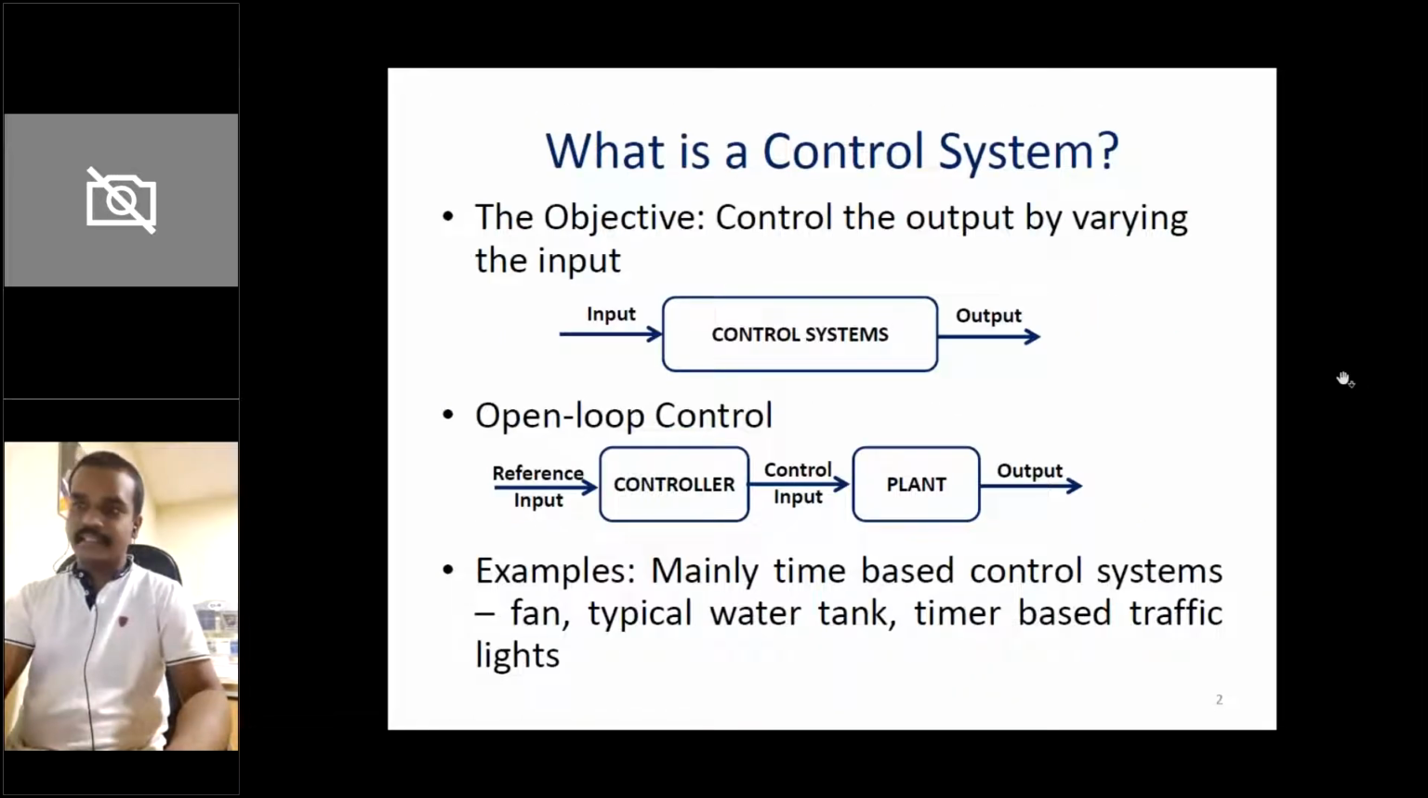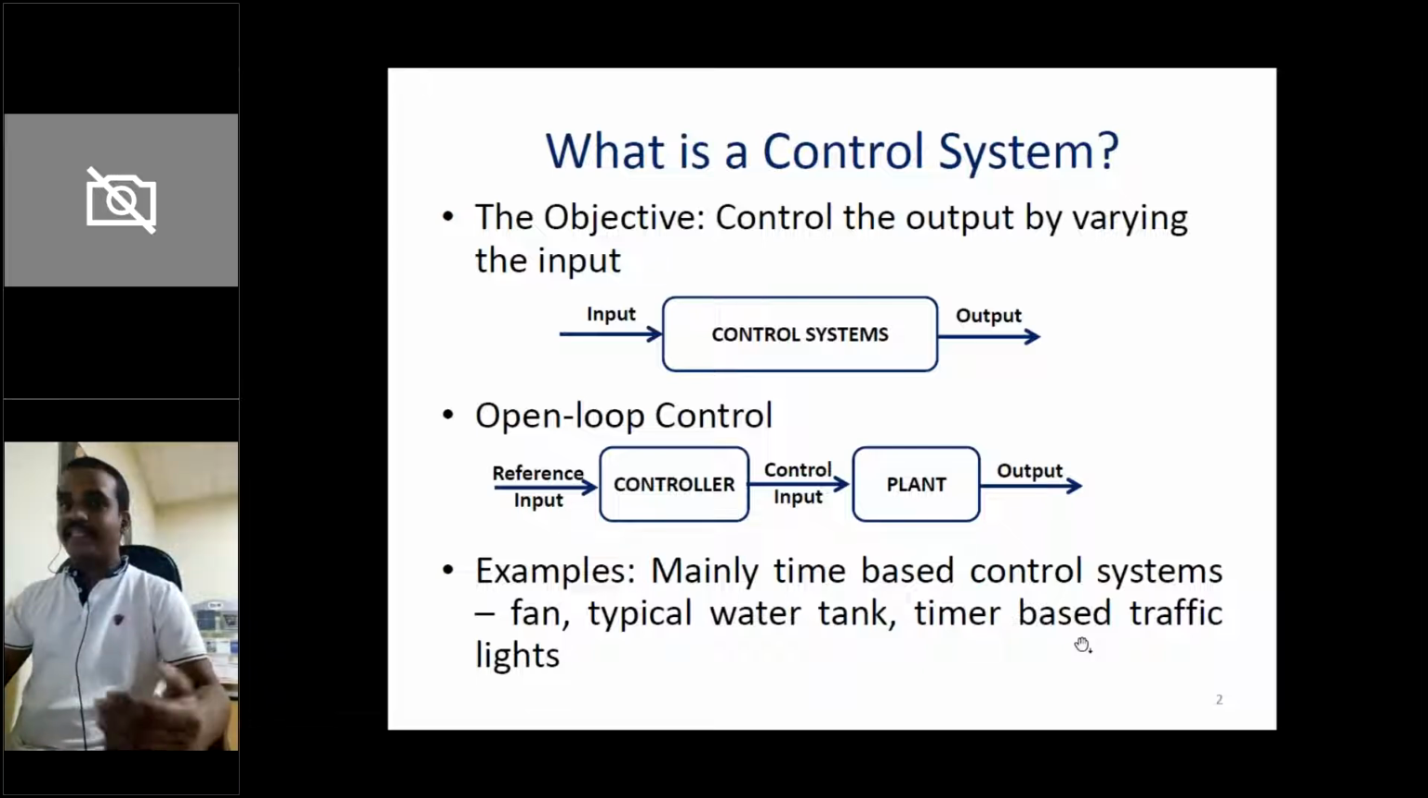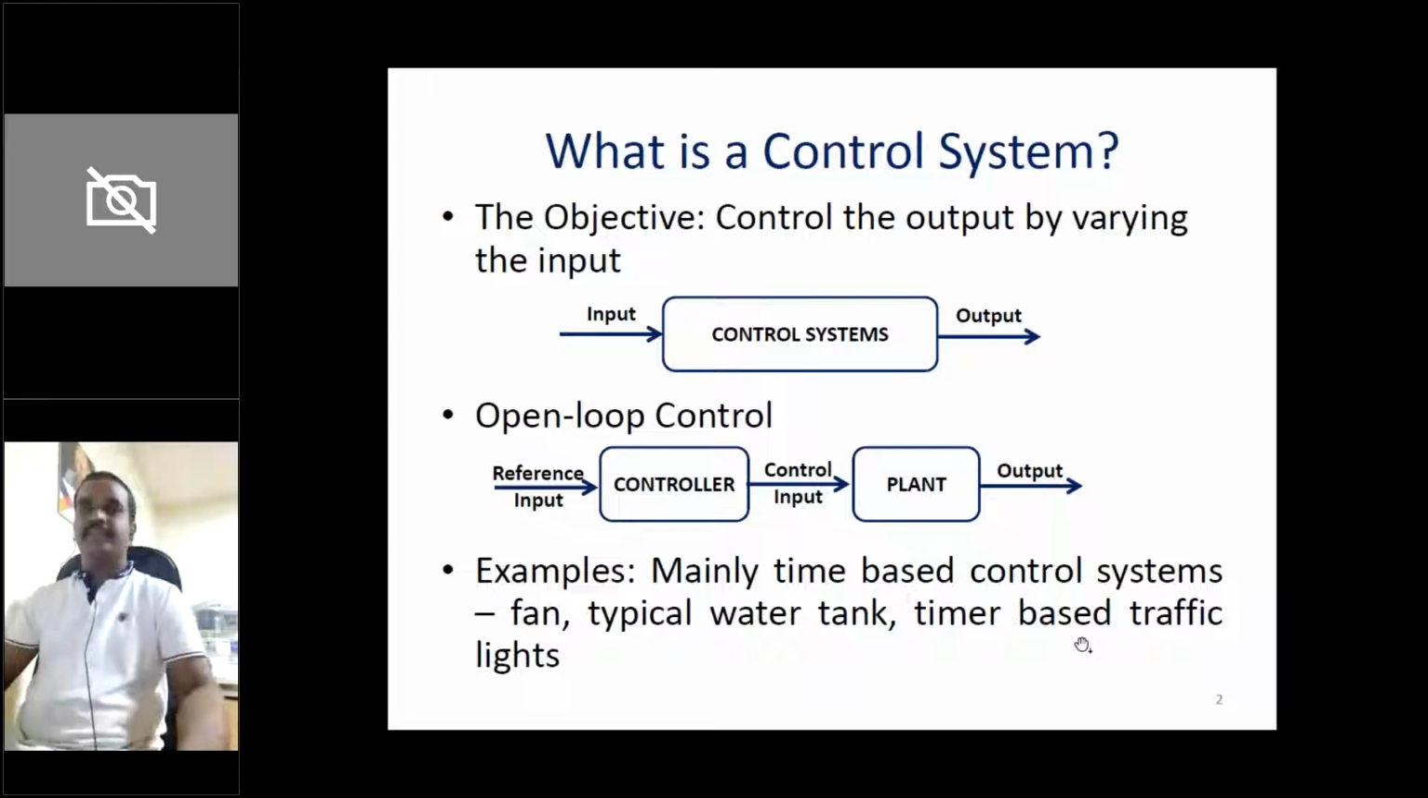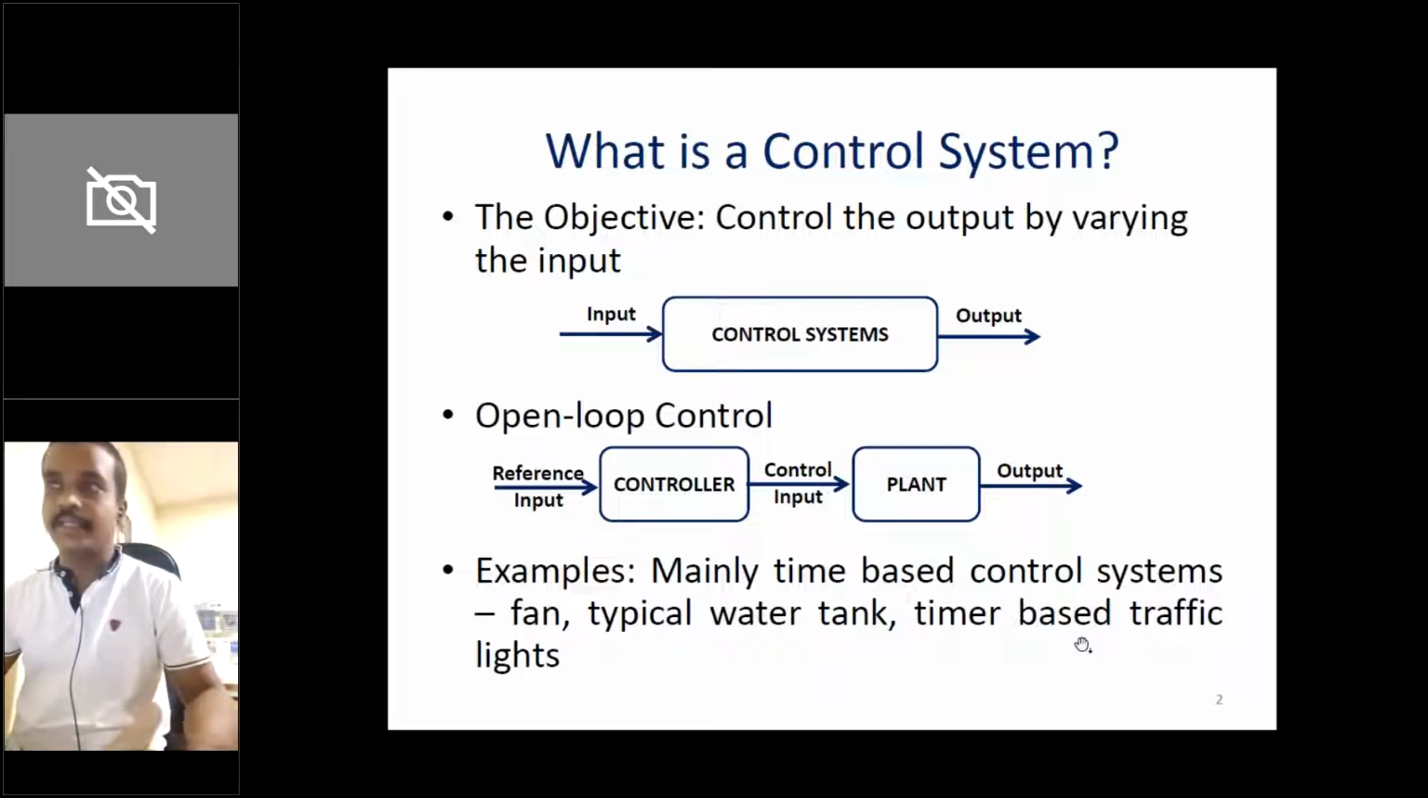Another example here is timer based control, the timer based traffic lights. In this particular application, it is not based upon the density. Even if nobody is there, the timer will be on. So suppose the green lights and the red lights,